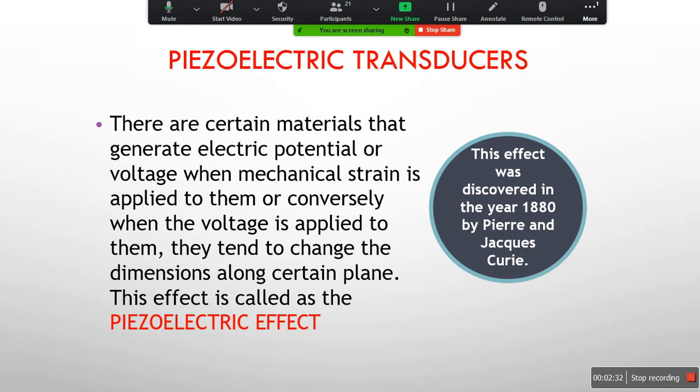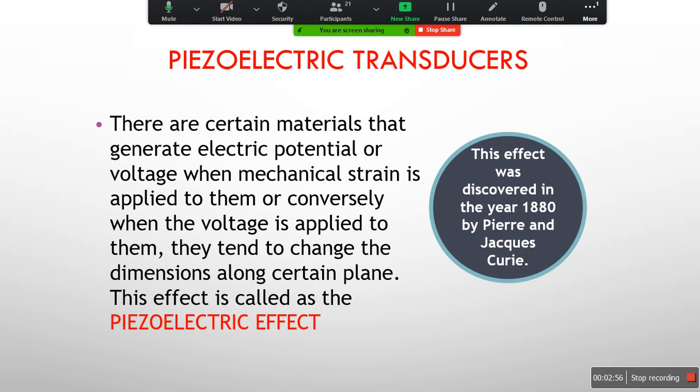Before entering into this, first of all, what is the meaning of transducer? I think as of now, because the 4 units have already been completed, you might have an idea of what a transducer is. Before starting, I will just recall in one sentence what a transducer is. A transducer is a device which will convert energy from one form into another form.